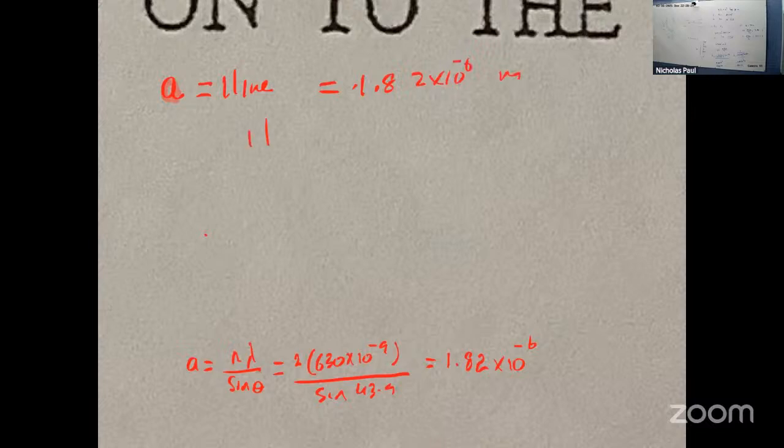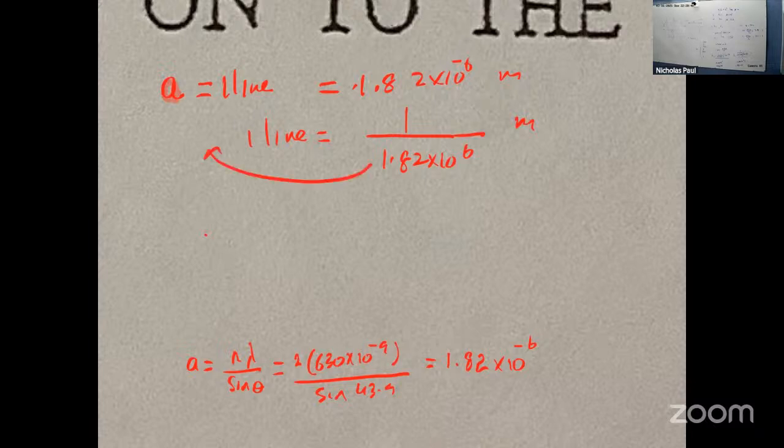So one line is equal to 1 over 1.82 by 10 to the minus 6 meters. And then if I move this here, it means that 1.82 by 10 to the 6 is equal to